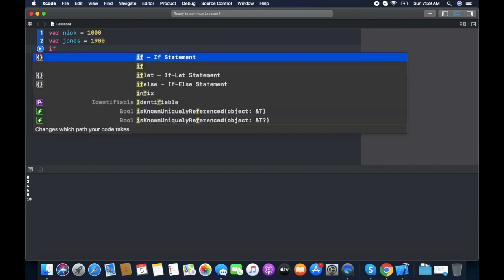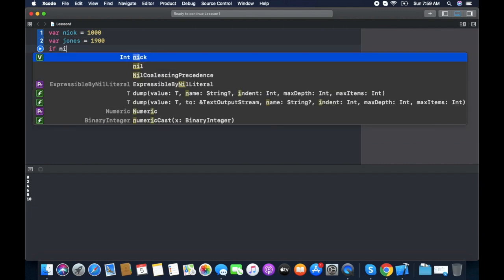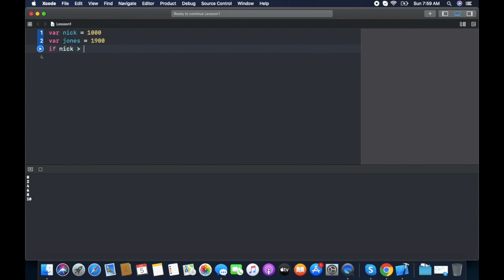If Nick have greater amount than Jones, so we can print